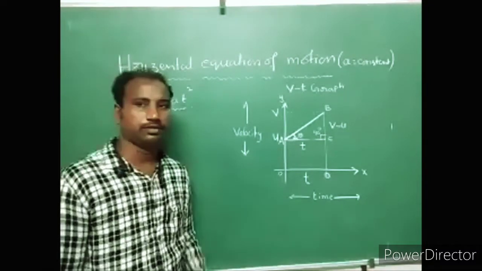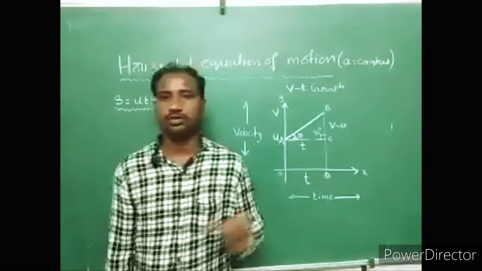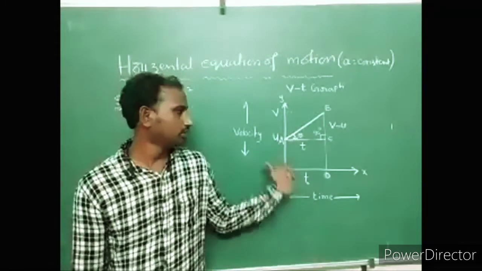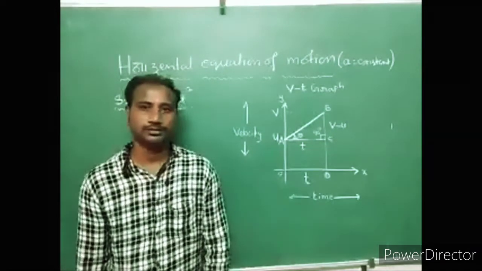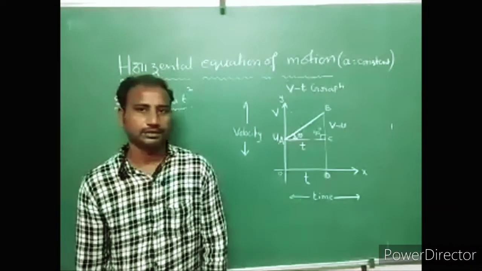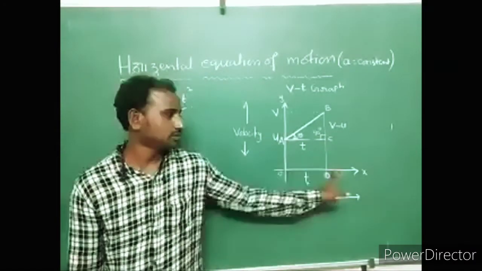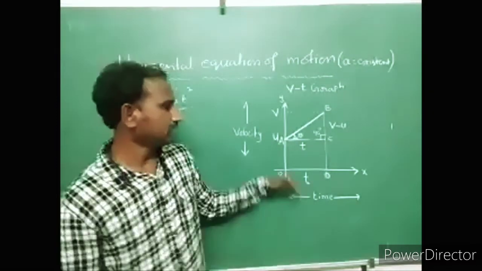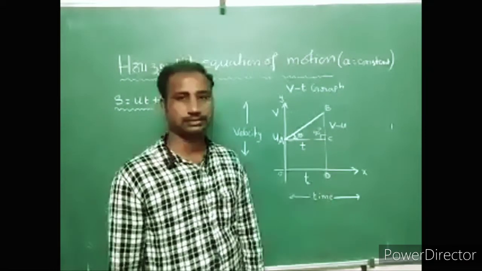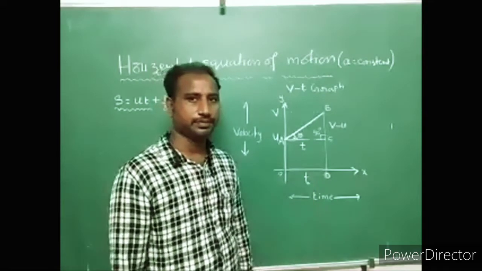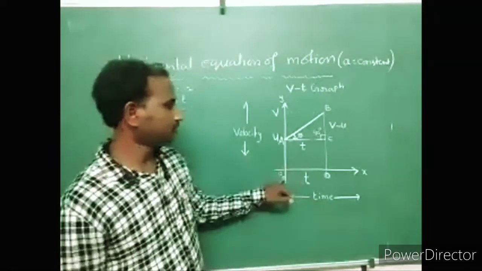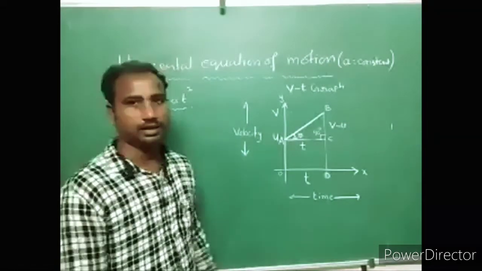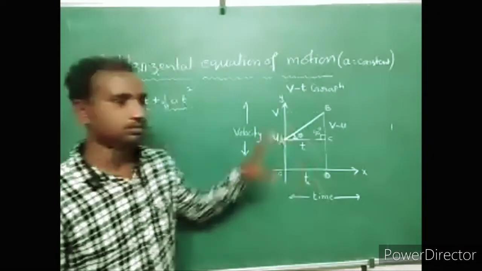A trapezium has how many sides? Four sides. It is also called a quadrilateral. Here two parallel sides are there, and one perpendicular distance between these two parallel sides. We have to consider AC or OD for the perpendicular distance. Identify this: the trapezium we can identify is OABD. OABD is one trapezium.